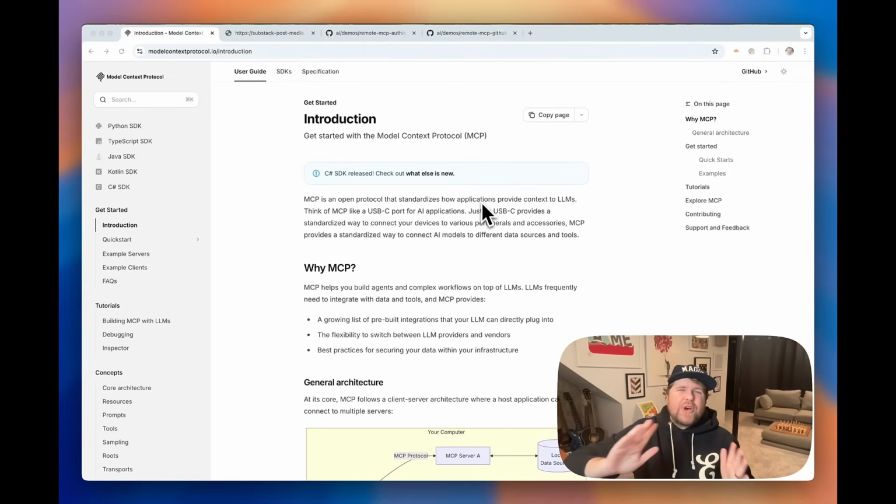I have been having so much fun lately exploring the Model Context Protocol, and I want to show you all 2 quick ways to build your own remote MCP servers. But before we do that, just in case you've never heard of MCP or you haven't quite understood why there's